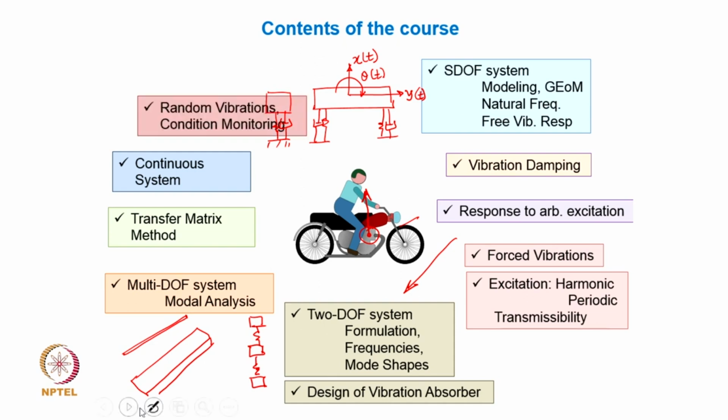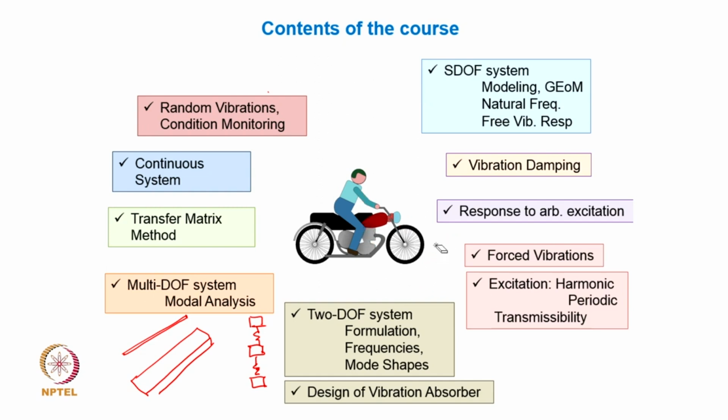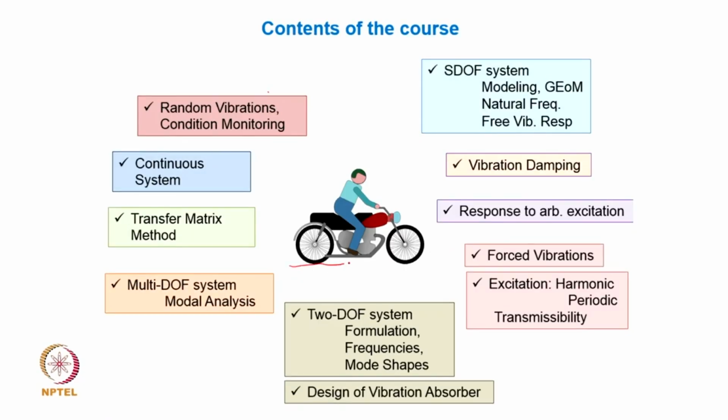The last topic which I will take in this case is random vibration, a very brief introduction to random vibration, and of course, for example, in this particular case the road undulations that we talked about, we modeled it as a harmonic or periodic road profile, but we all know that the road profile is never a harmonic one or a sinusoidal one. Typical road profile is going to have undulations that are strictly random in nature. So, what happens if that kind of an excitation is given to the wheels, what kind of response do we get? So, that is the random vibration for us,